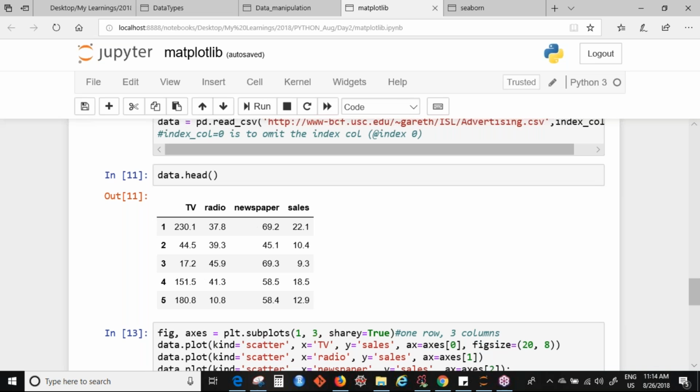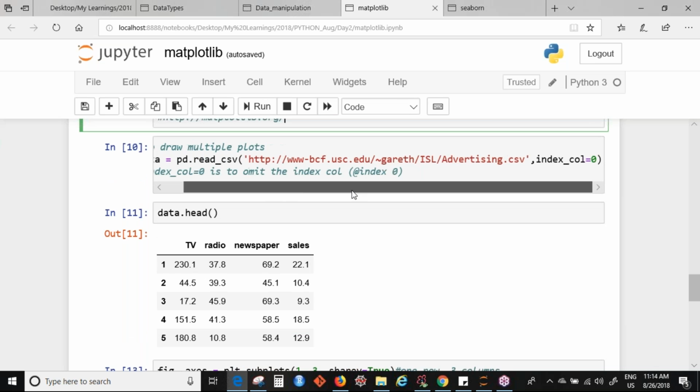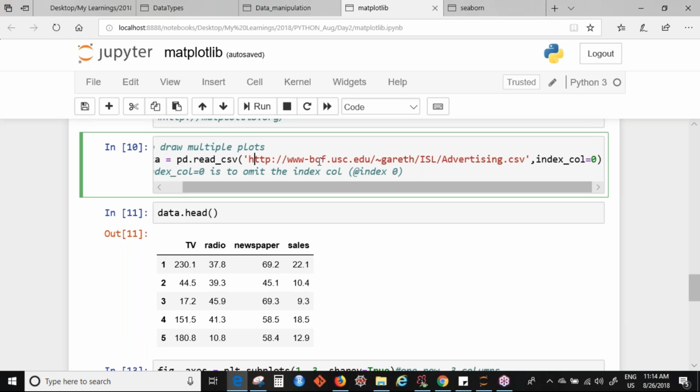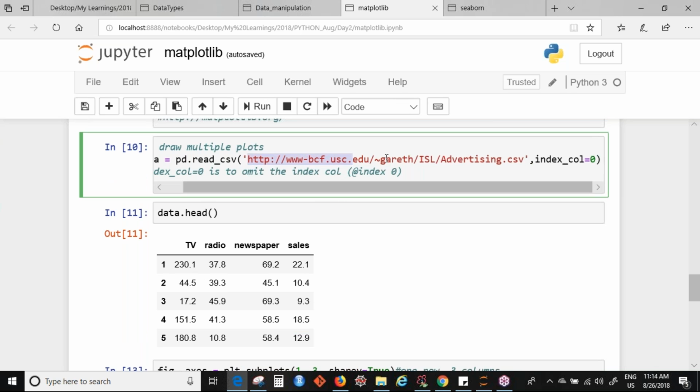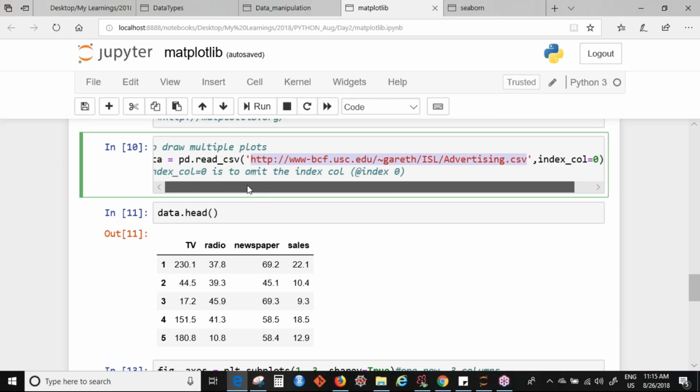Now one example is shown here. This is, let's say, one data. Here I'm reading data from a website. So how do you read data from a website? At this URL, there is a CSV file. A CSV file is a comma separated file, just like an Excel file, where different columns are separated by commas. So how do I read a CSV file in Python? I will use